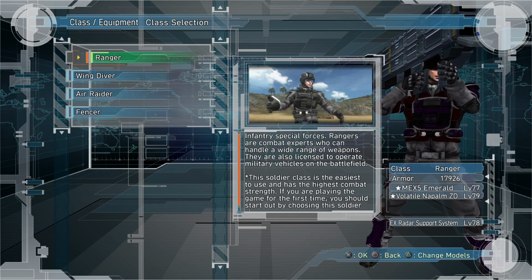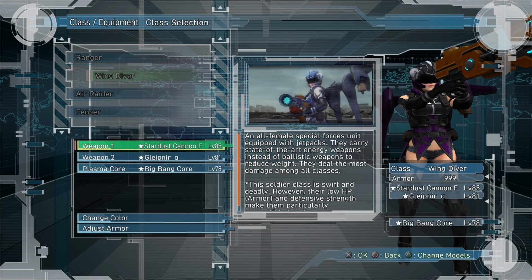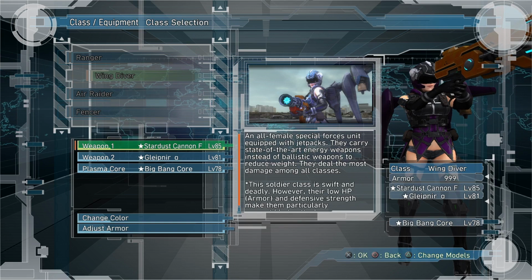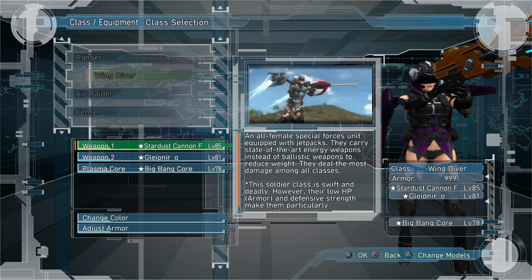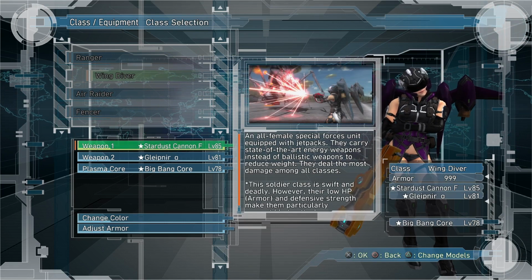Alright, so now let's move on to Wingdiver. I have tested Wingdiver's weapons on this mission many ways. I actually soloed this online Inferno with low health by myself. I'll put the link in the description if you're interested, but for my testing, nothing beats the Stardust Cannon and